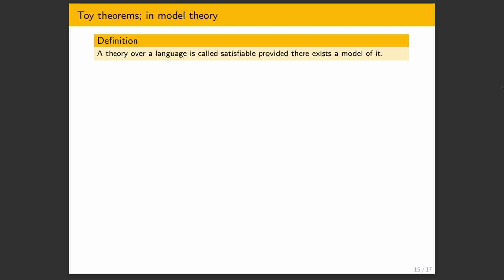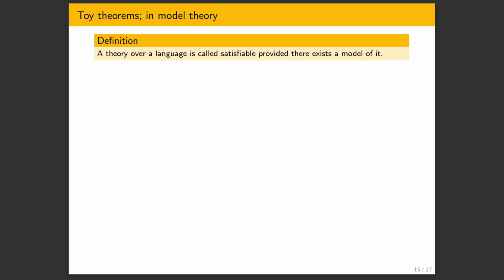A theory of a language, and now any language, which can have relation symbols, doesn't need to be a theory of algebraic structures, is called satisfiable if it has a model, right? For example, we can take the theory with the sentence for all x, not x equals x, in any language. We don't really need any symbols there. It's not going to be satisfiable, because when we interpret it, it just won't work. Oh, actually, it will be satisfiable, because the empty structure satisfies it, but if you add the sentence there exists x, it won't be satisfiable.